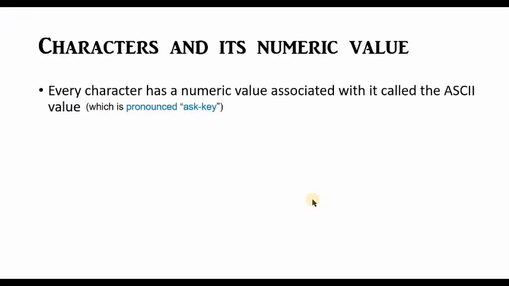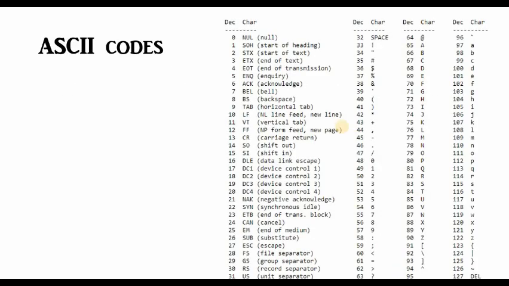Now let us take a look at the different ASCII codes available for the various characters. Here is an exhaustive list. We have 127 codes for a variety of things. We have the code 0 for null. Similarly for line feed. Whenever we press enter, a line feed, or a new line, is generated, for which the ASCII code is 10. For escape we have the code 27 and for space it is 32.